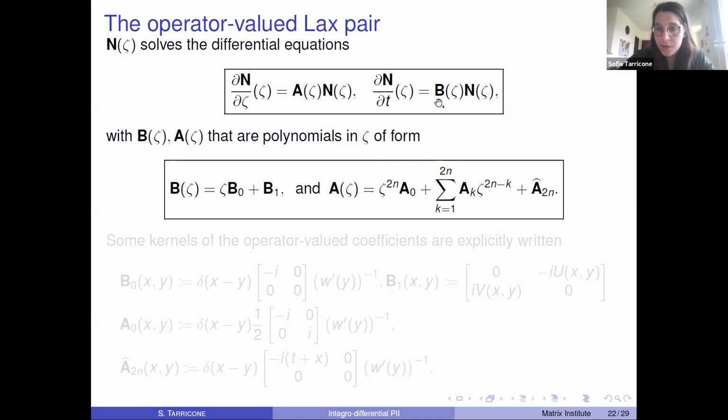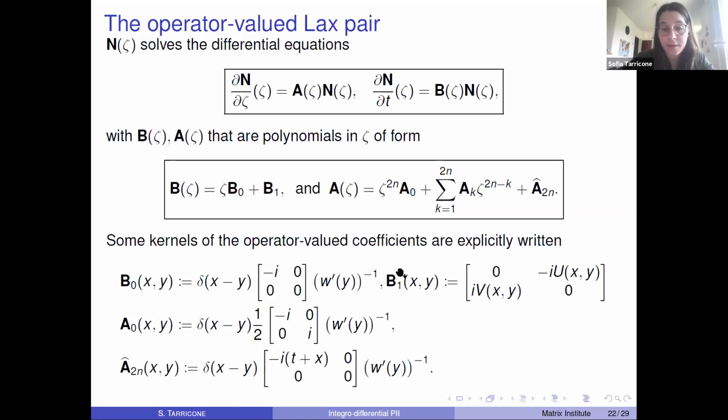So in particular, B of zeta is an operator-valued polynomial in zeta of degree 1. So you have zeta B0 plus B1. B0 and B1, of course, are always operators on H2, and you can write their kernel in this way. B0, actually, here there is a delta function, so it's a sort of multiplication operator by a constant. And B1 instead acts through this kernel here, where u(x,y) and b(x,y) are the kernels of the functions that we